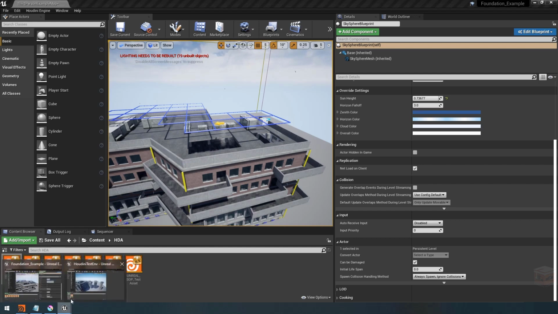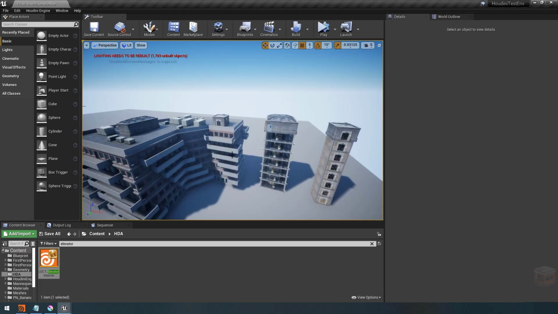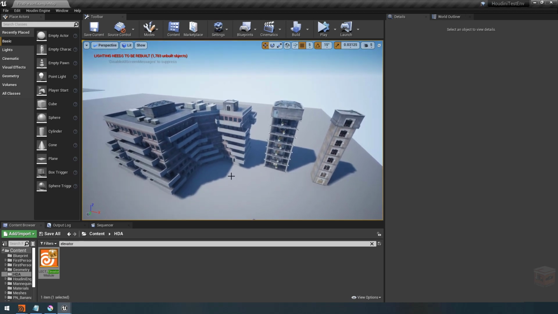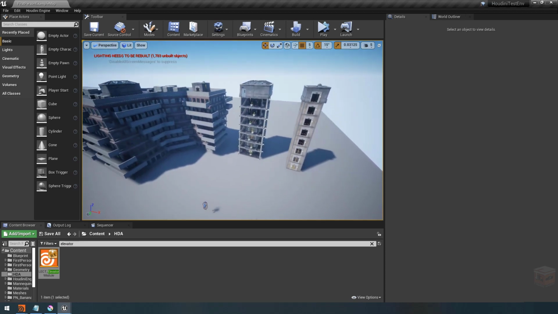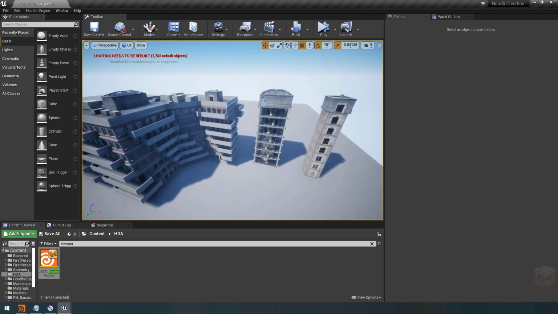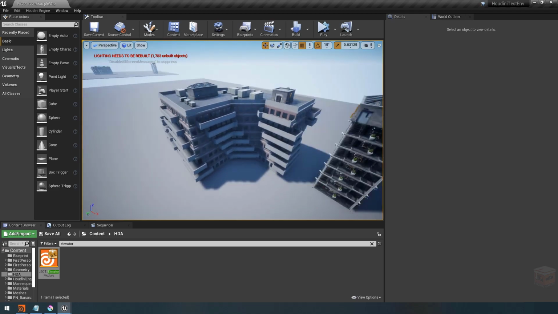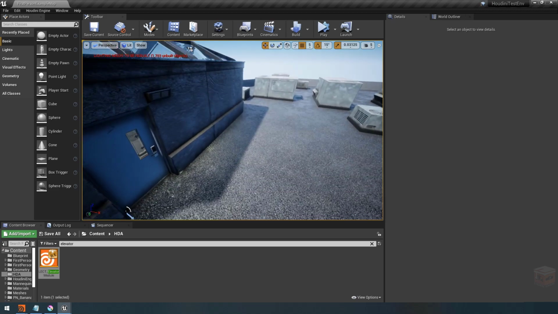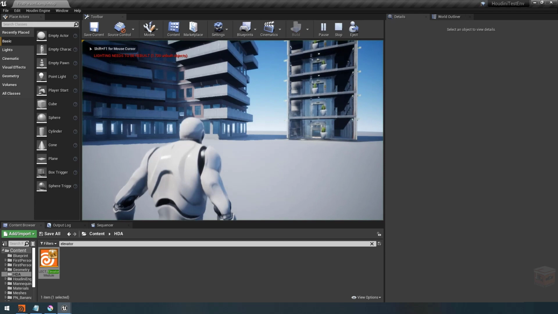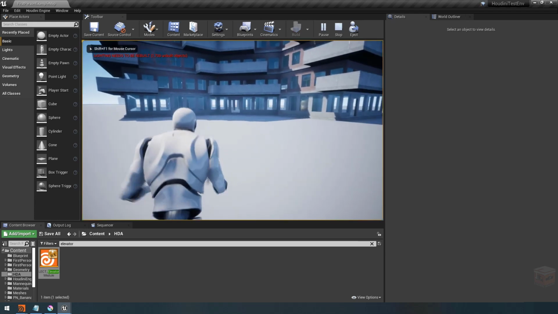I'll talk about this more later as we complete this foundation project, but in the next module of the master class, which is going to be called Ascension, we are going to build a fully functional elevator and staircase tool that will allow us to traverse up our building using blueprints and much more detailed mesh instancing. Now, we haven't gotten to this part just yet, but if I go ahead and play inside of this tool and I go into our building,